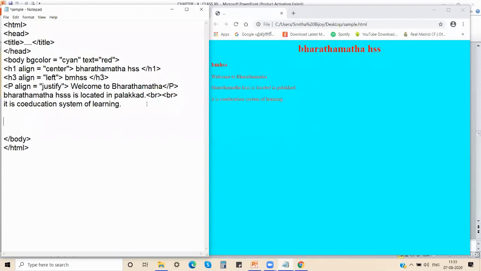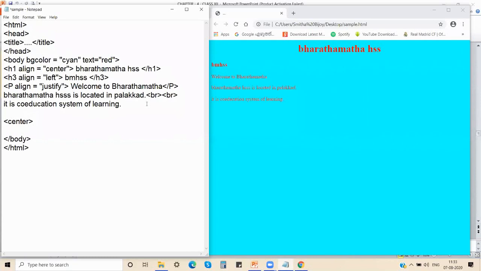For you to see clearly, I have left a space. Our browser will not leave a space. It is for easier viewing of the contents that I am leaving a gap over here. So for center, I'll open my angular bracket and give the tag as center. The spelling is CENTER.